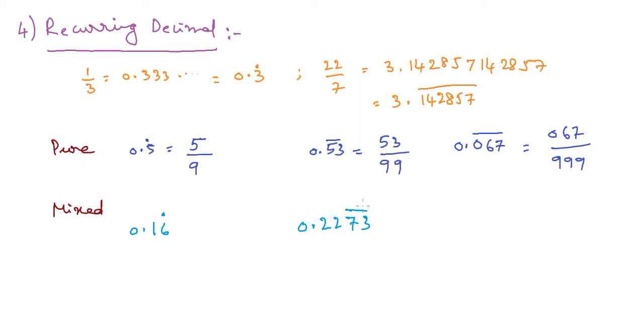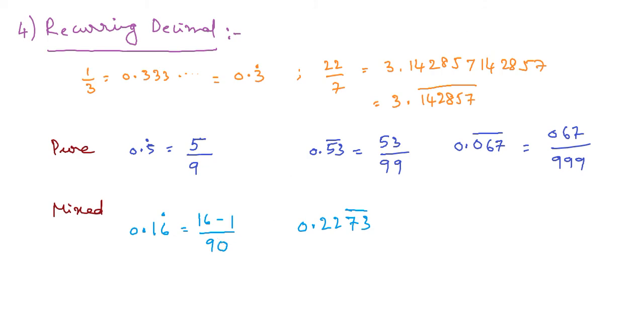Then the question arises, how to convert these into a vulgar fraction? This part is very simple, but please keep this in mind. We need to write the digits after the decimal as they are. So 16 I have written, minus the non-repeating digit, that is 1, divided by the number of repeating digits, so those many nines, and we need to put 0s for the number of non-repeating digits.